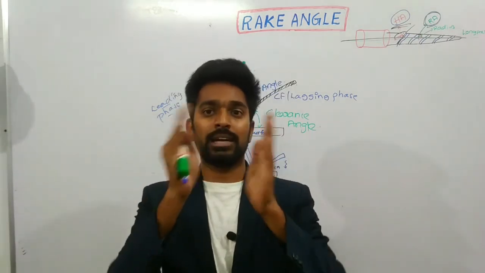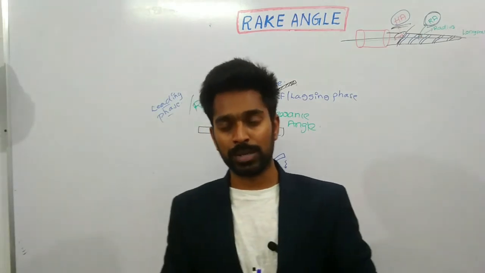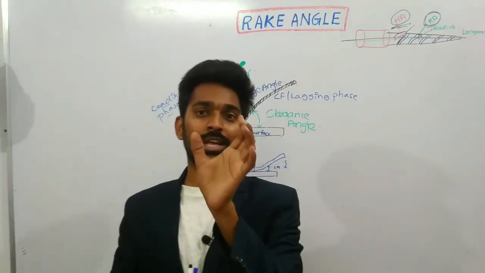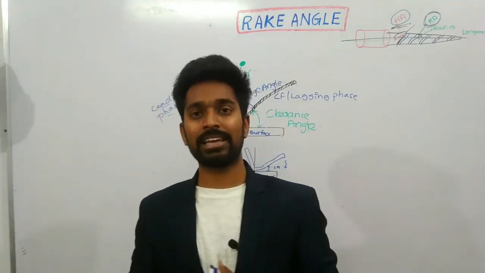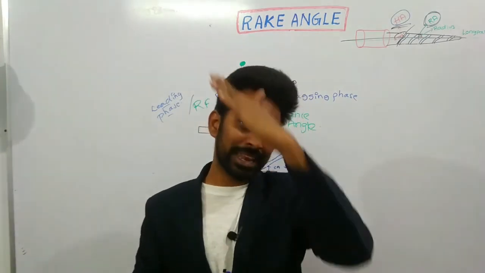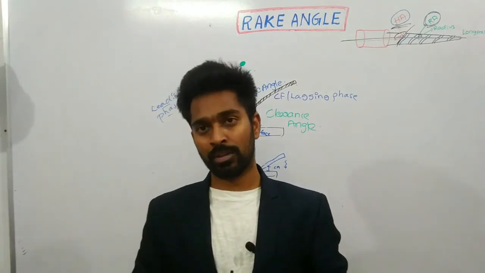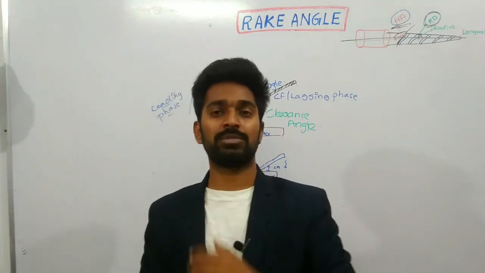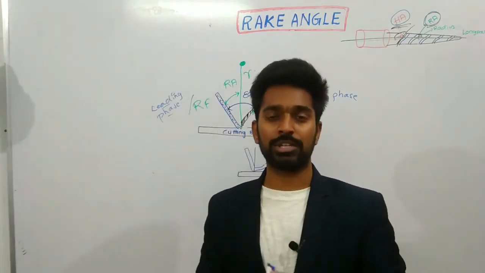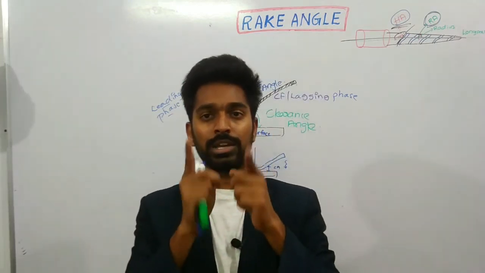Edge angle is the angle between the rake face and the clearance face. The edge angle gives strength to the bur, whereas the clearance angle is the angle between the lagging face or the clearance face and the cutting surface. This clearance face provides space for debris collection, reduces the friction and prevents excessive digging of the file into the dentin.